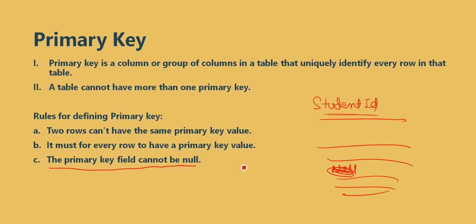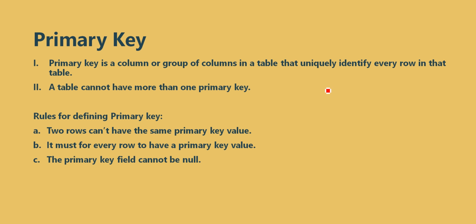So this rule says that the primary key field cannot be null. Any other fields can be null, like in the example of age and name. If I don't know her name, then I'll store null here. If I don't know her age, then I'll store null here. But the primary key, we have student ID as a primary key. This value cannot be null, because the primary key rule says that the primary key field cannot be null. So we must have a value, 2 or 3 or anything, but a unique value. So this is the third rule.